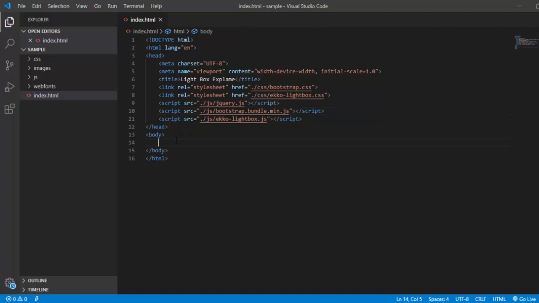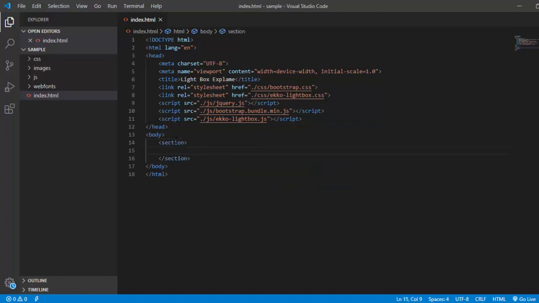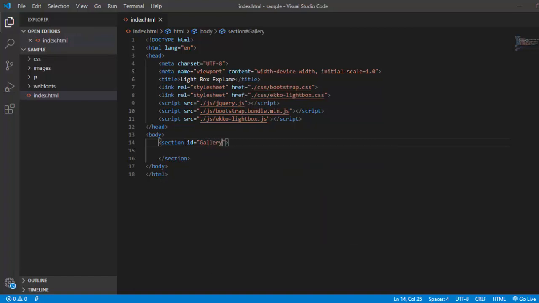So now let us have a section for the gallery. Since Lightbox deals with a gallery, we will have this section. Let us take a div with class container and row, since we will be using a grid system.